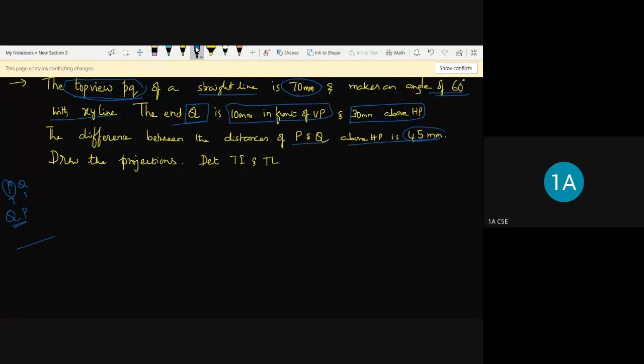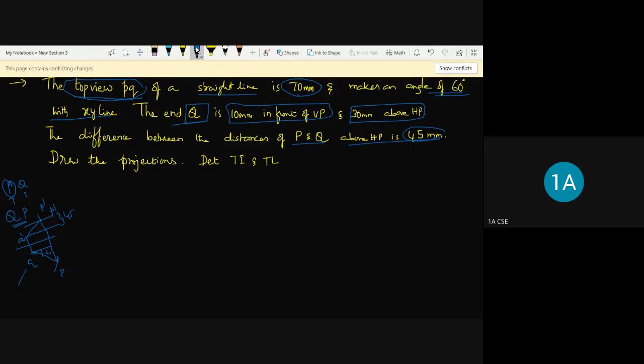So what we do is, first we draw a rough sketch, that is Q dash and Q, which is given. Then this is the Q dash line and this is the P dash line. The distance between these two is given as 45 mm. Also, draw the 60 degrees line from Q and cut it so that you'll get P. Now we know that P and P dash lie on the same projector, so we'll get P dash here. Once you have Q dash, P dash and QP, use the rotation method and find out the true length and true inclinations.